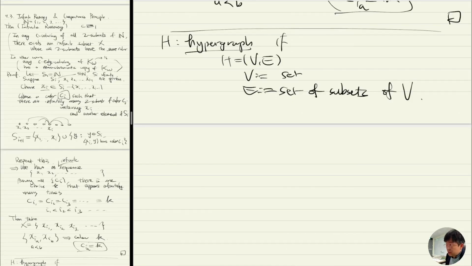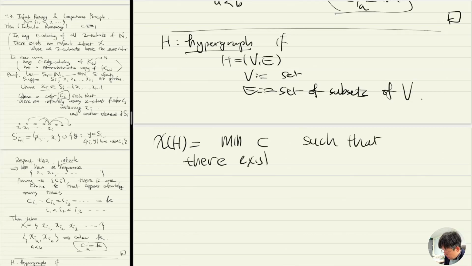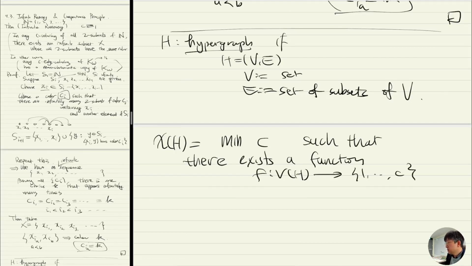Now I can talk about the chromatic number. Chromatic number is the minimum C such that there exists a function f from V of H, the vertices of H, to one of the C colors,